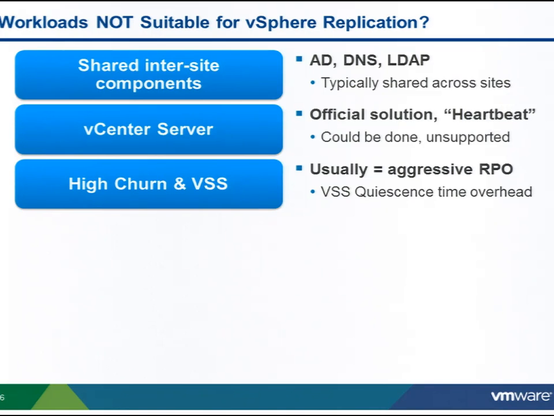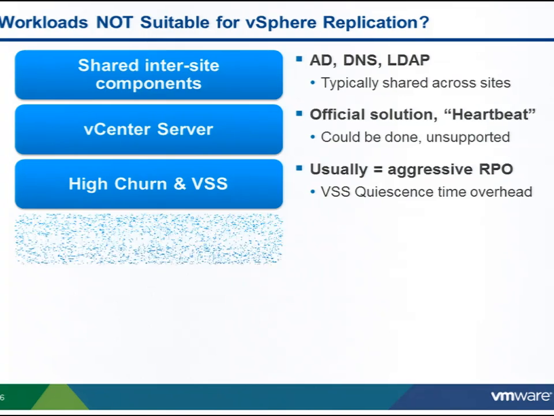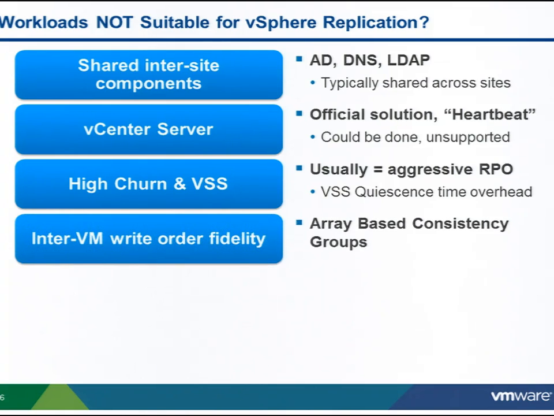The other one is potentially high churn virtual machines. So one of the jump off points is when should I use array replication versus vSphere replication? Well, a simple metric is the RPO. We only officially support RPOs as aggressive as 15 minutes. Technically, could we go faster than that? Do we go faster than that internally? Yes, we do. Again, in an unsupported scenario, we can say that amongst friends, but that's not what we certify